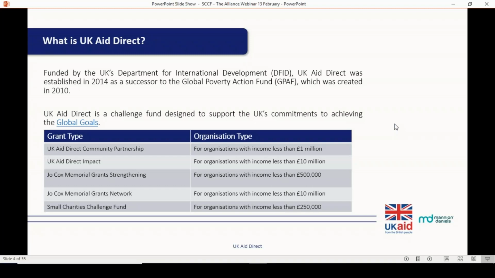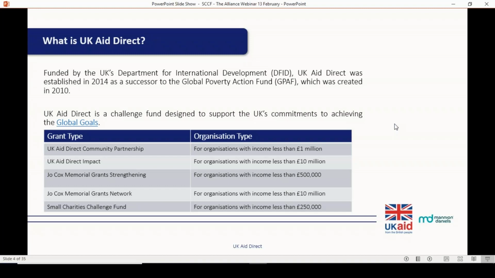We also have 2 grant types under our Jo Cox Memorial Grants. Those grants are a one-off funding round that was set up last year in memory of MP Jo Cox, and they have 2 different distinct themes attached to them.